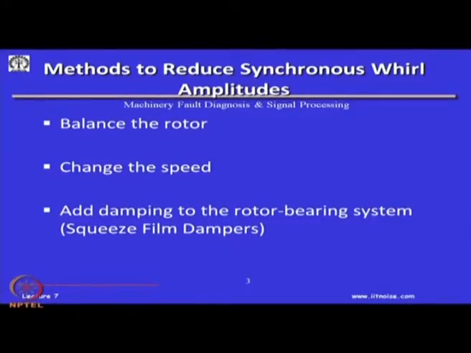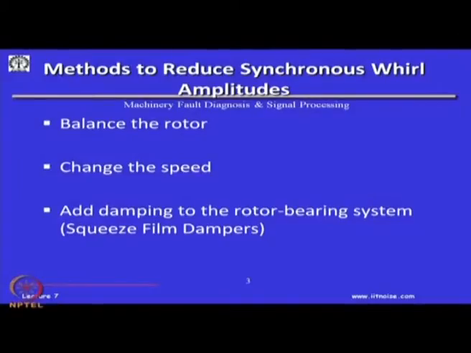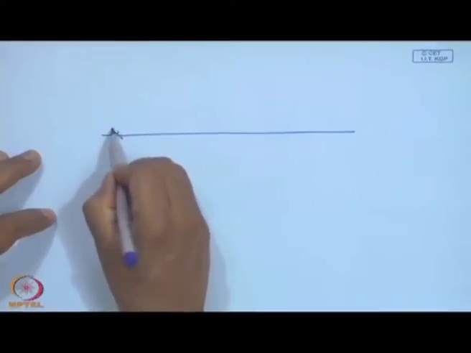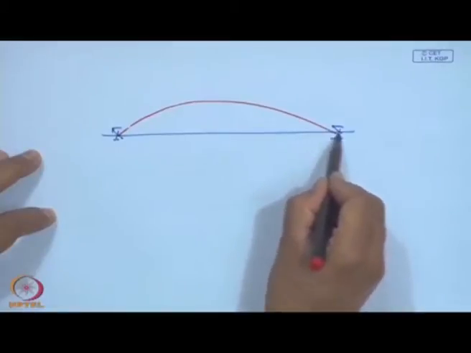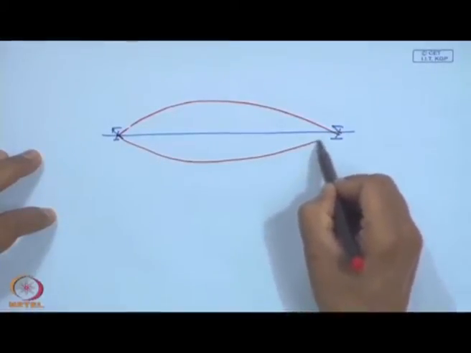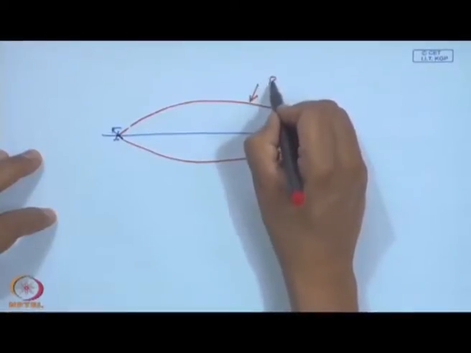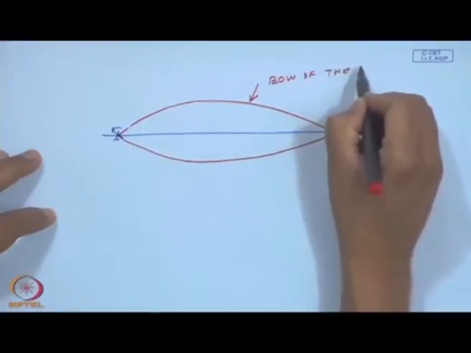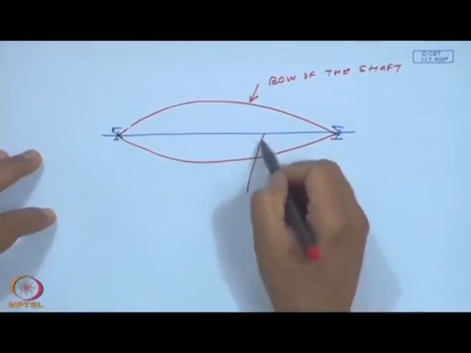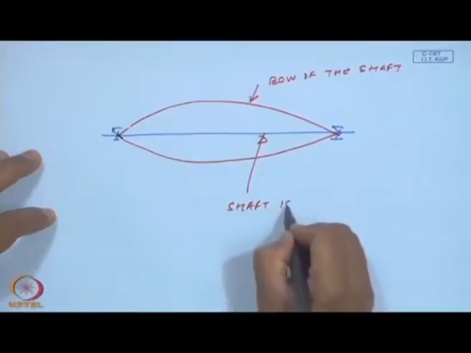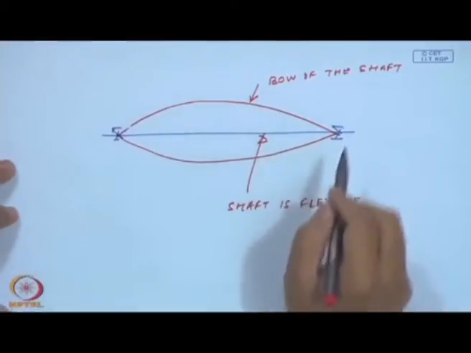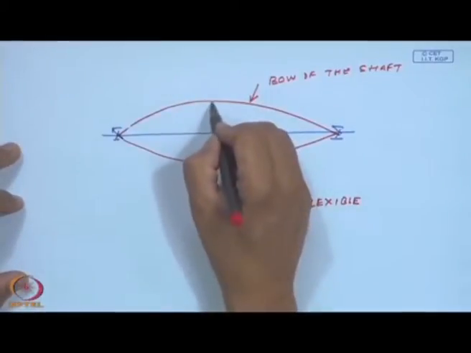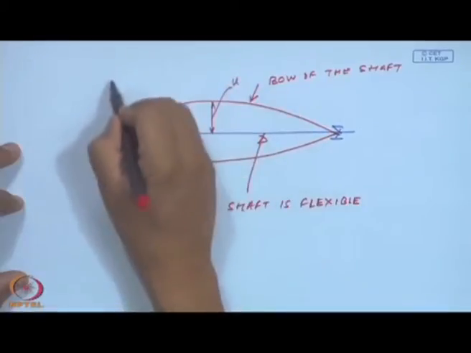Now, a lot of things happen when we are rotating a shaft at a particular omega. There will be a whirling of the shaft, and this is the bow of the shaft. The first assumption is that the shaft is flexible, so that it can bow. So, this whirl amplitude, maybe if I denote it as u,